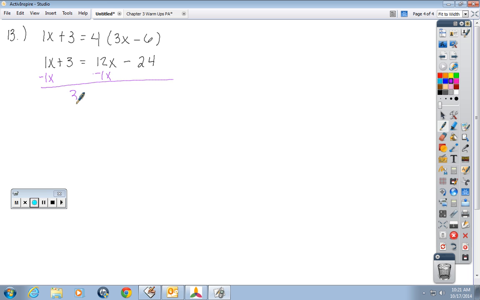Then what would I do? Add 24 to each side. And then what's 3 plus 24? So I get 27 equals 11 times what? Divide both sides by 11, and we get an improper fraction again. Still a real number,